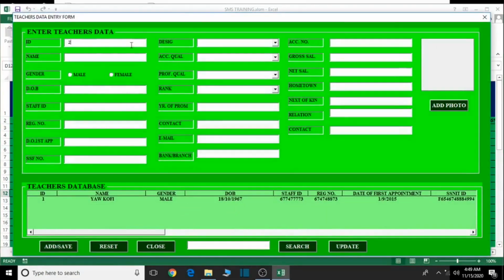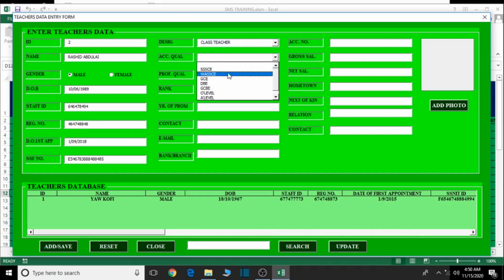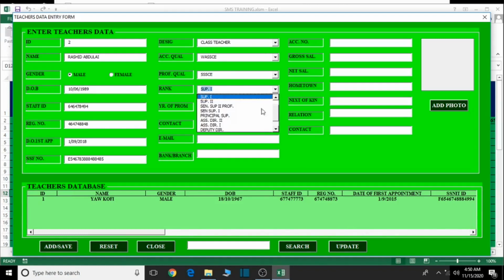let's enter the second person so that we can confirm everything there. Well, now let's look for Rashid Abdullah, it's a male, date of birth 10th June 1989, staff ID, random numbers, registered number, random numbers, date of first appointment 1st September 2018, SSF number, random numbers, designation, class teacher, academic qualification, WASI, professional qualification, SSE, rank, senior sup, rank, just check here, teacher, year of promotion